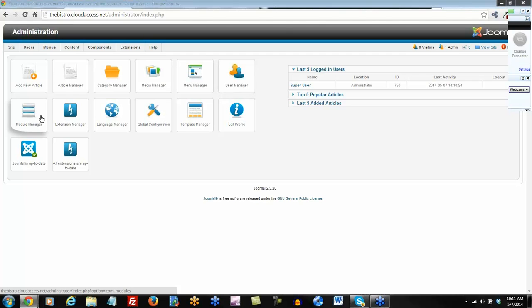You can also create modules for your site, put different modules in different positions. You can install extensions, set some language settings. There's a global configuration area, the template manager to manage those templates. You can edit your profile, or these buttons are new to Joomla 2.5. You can look for any updates for Joomla itself or any updates for extensions that you may have installed in the site. A lot of these options are available in this upper menu as well, and we'll cover a lot